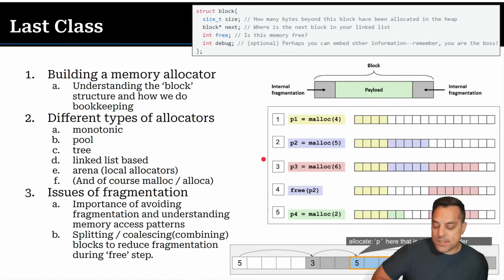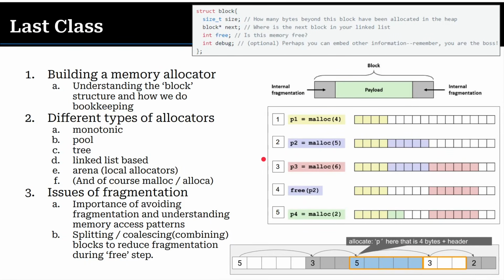Already talked about the logistics. Again, the allocator stuff we've been talking about will be useful for your problem set number 7. Again, emphasizing that we need to do some sort of bookkeeping every time that we do a malloc or calloc, basically, so we know when we free what blocks to free. So we talked a lot about that last time.